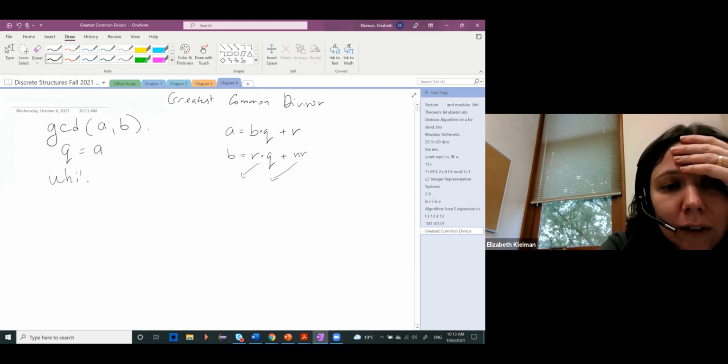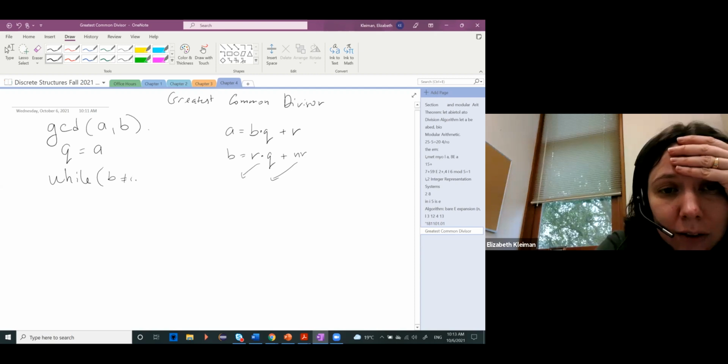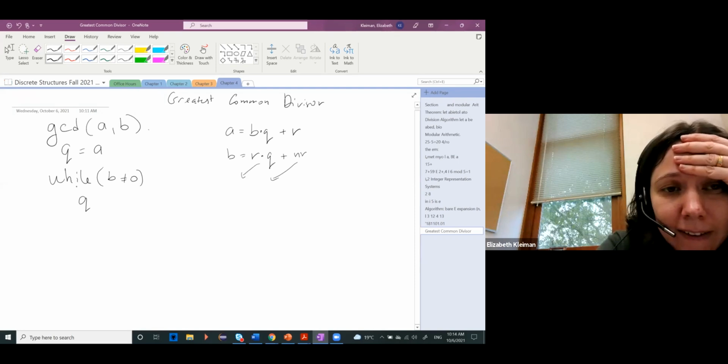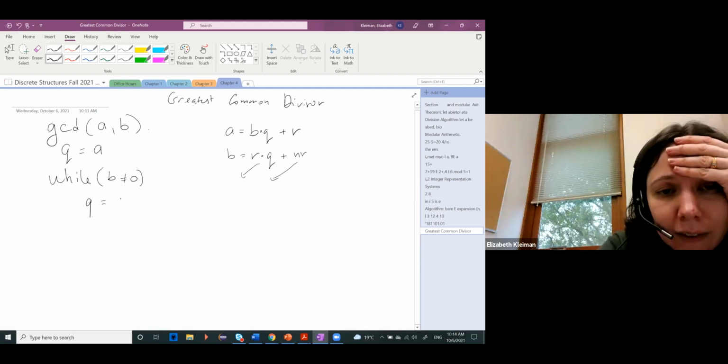Okay, so while B is not equal to 0, Q will be getting A division B, and R is going to be getting